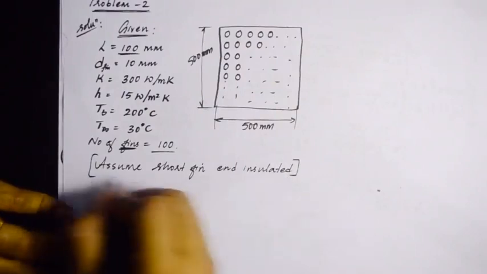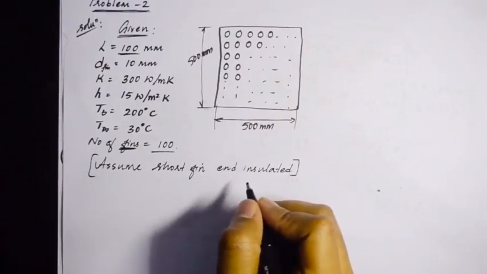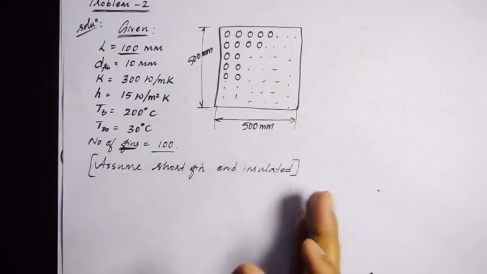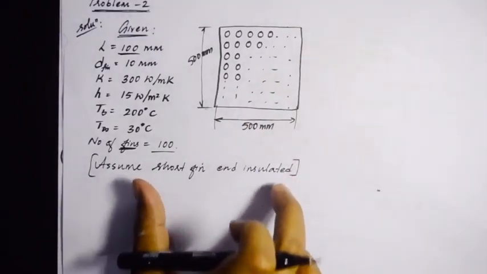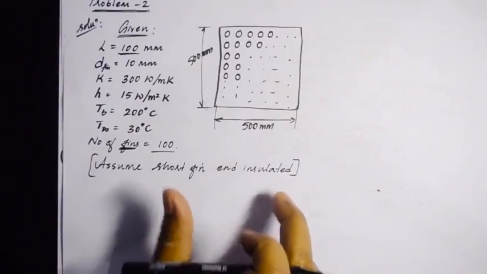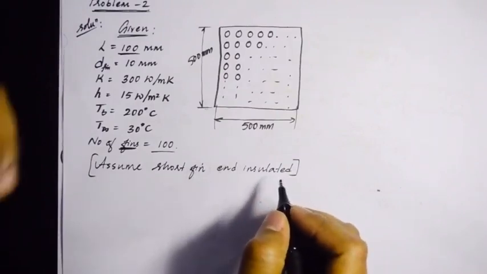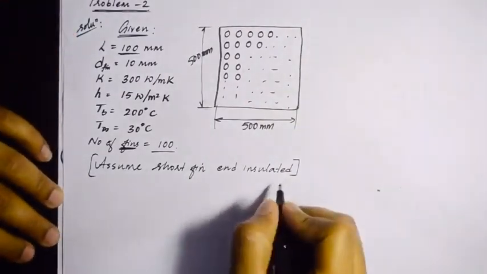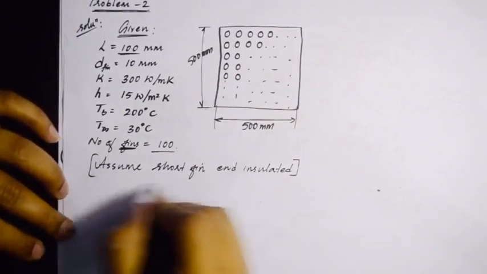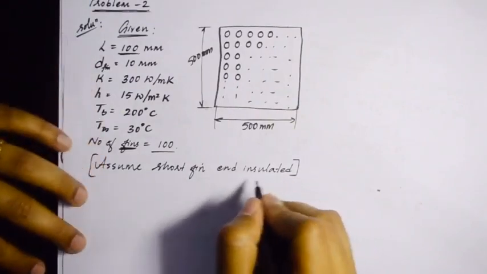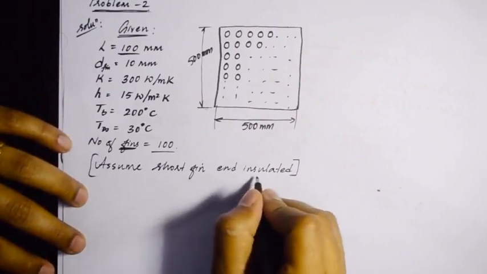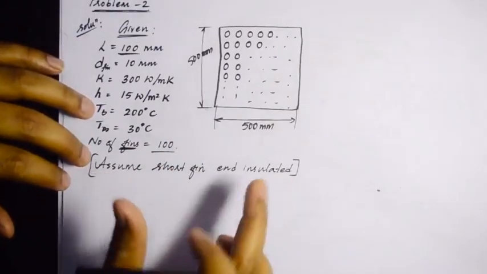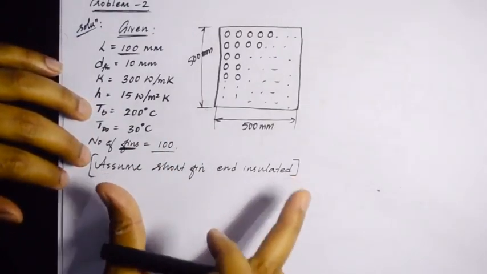Now remember, it is not mandatory that you have to select short fin end insulated. Even if you select short fin with end not insulated, you will have an answer very close to what we are going to get here. Practically speaking, this is just an assumption, as we discussed in the introduction of fins and the three cases. This is just an assumption for our simplicity. Since this is a much simpler way of solving the problem, we are assuming the fin to be short fin and end insulated. Whatever you do while solving the problem, make sure you mention what you are assuming so that we can take the formula related to that assumption.